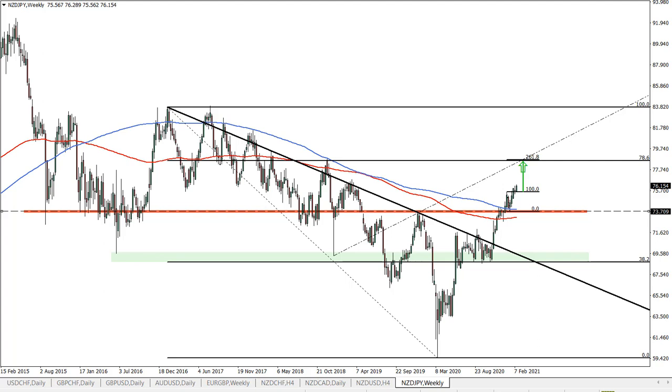New Zealand dollar against the Japanese yen, but it will be pretty long-term price perspective because this is the weekly